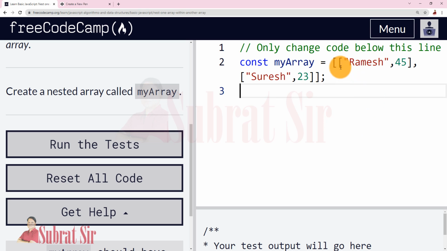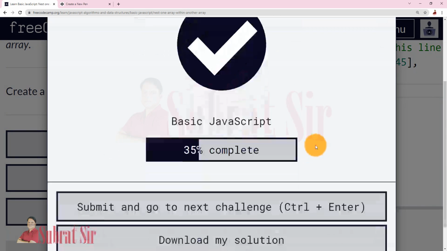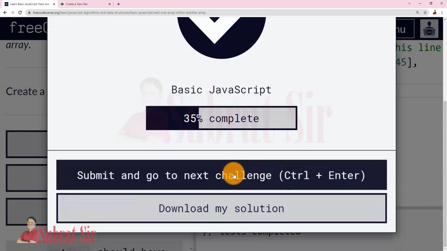Okay, so this one array, then comma, second array, and both of these surrounded by brackets. Okay, so let us run the test, submit and go to next challenge.